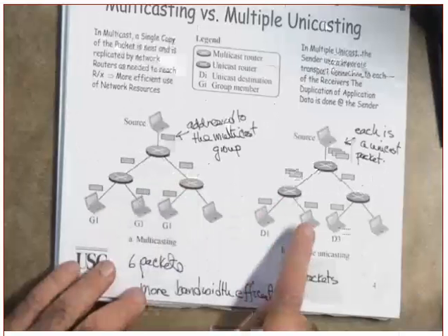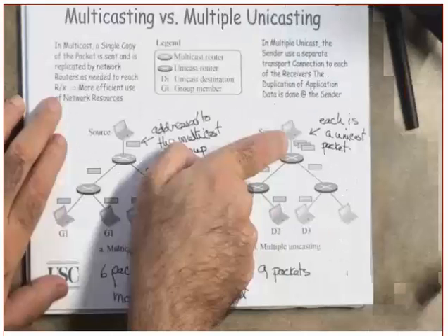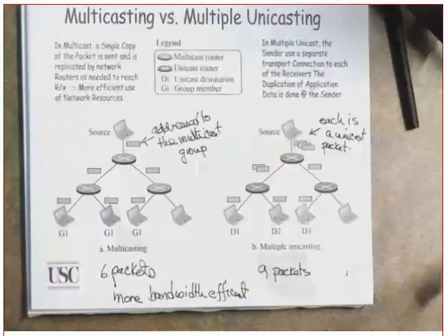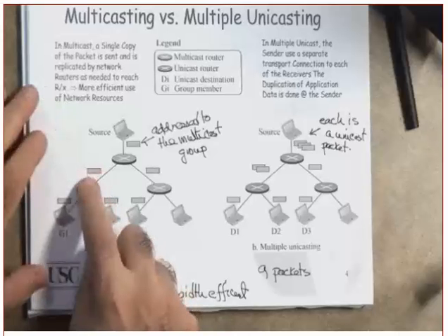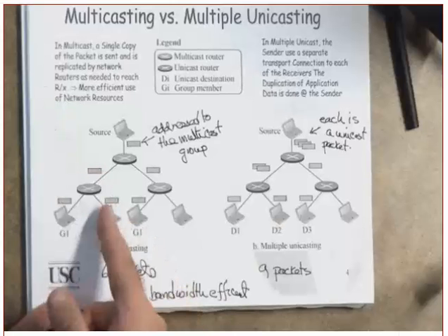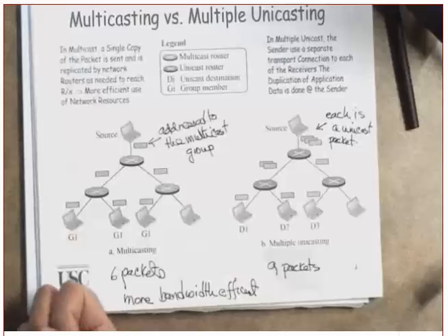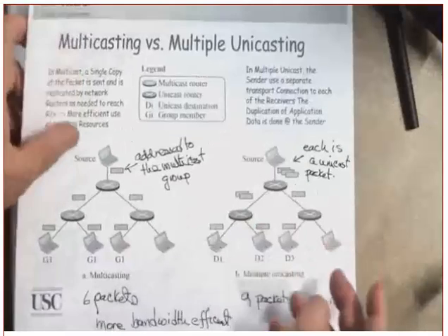Now, there are issues that we cannot go into details on for each one of them, but we will survey them just to get an idea. How do you identify the multicast receivers? In other words, when we say make a copy here and make a copy here, how do these routers know that there is an interested receiver here who is interested in receiving this multicast? Somehow that router needs to have knowledge that there is a receiver here who is interested in that multicast group. How do you address the packet to send to those receivers?